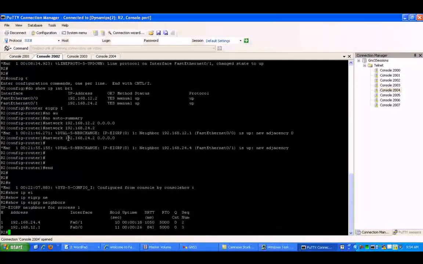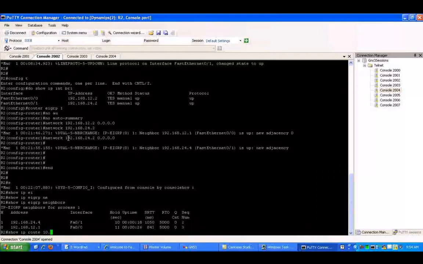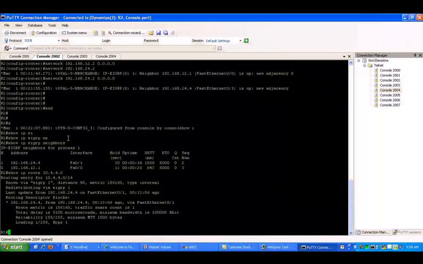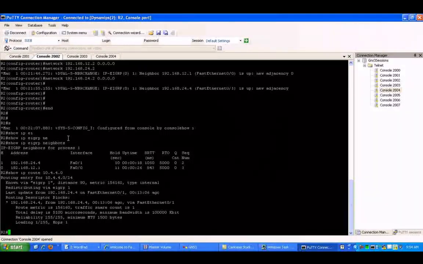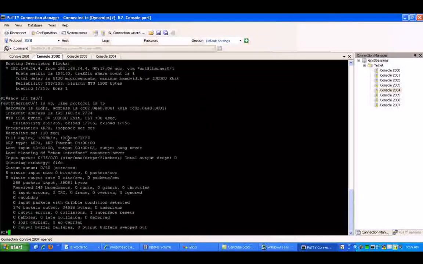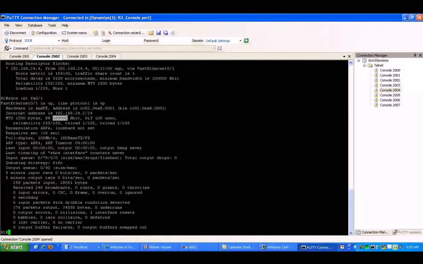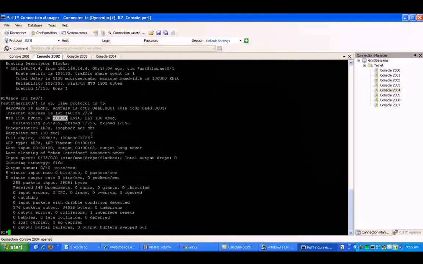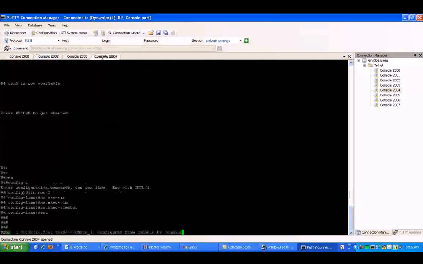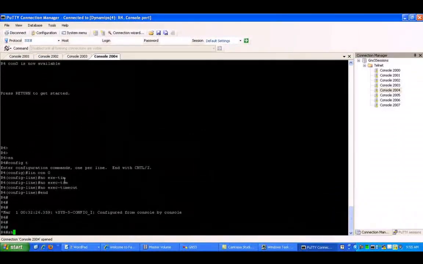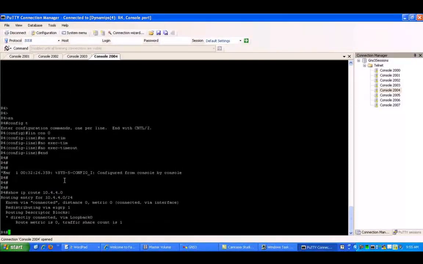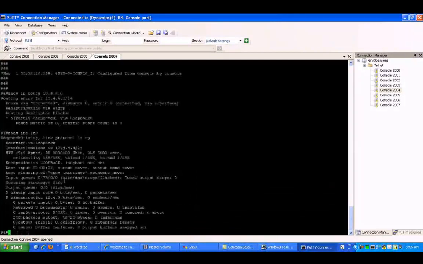So if we go to router 2 and try to continue the trace back to 10.4.4.0, we are learning it via FastEthernet 0/1, which is our connection to router 4. If I do a show interface FastEthernet 0/1, we can see that the bandwidth is again 100,000 kilobits, or 100 meg. So what we'll do now is we'll go back to router 4. Again, if we do a show IP route on 10.4.4.0, we'll see it directly connected via loopback 0. So if we do a show interface loopback 0,